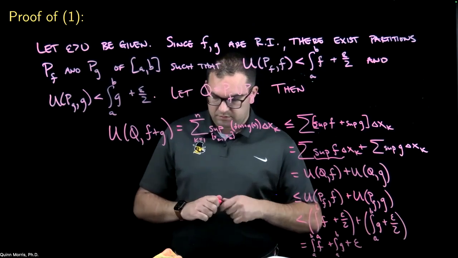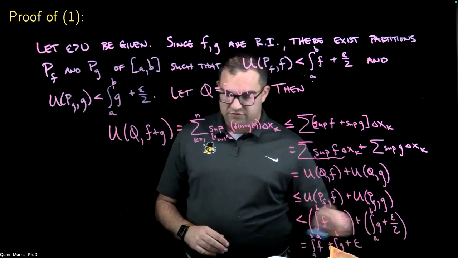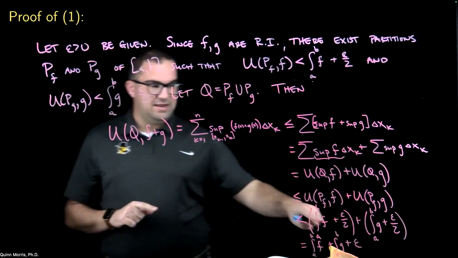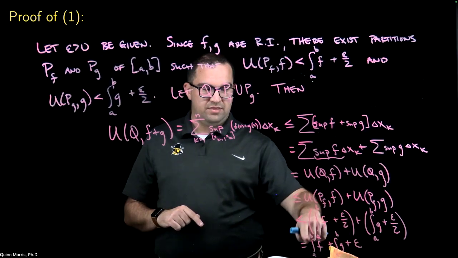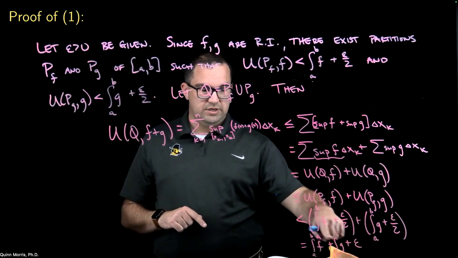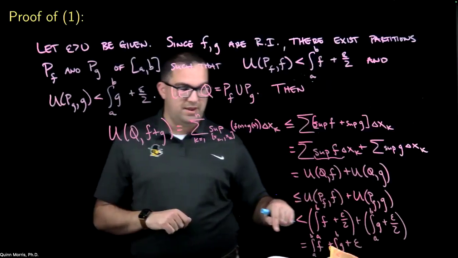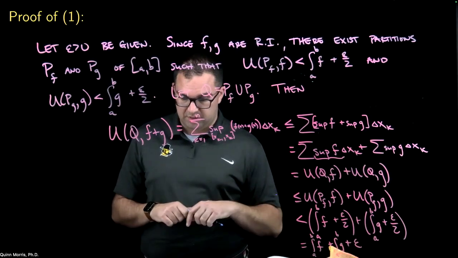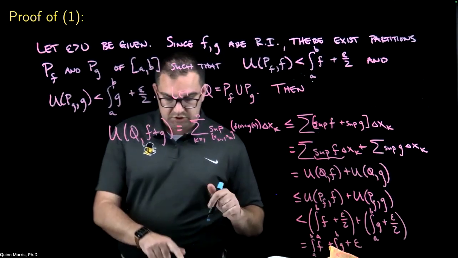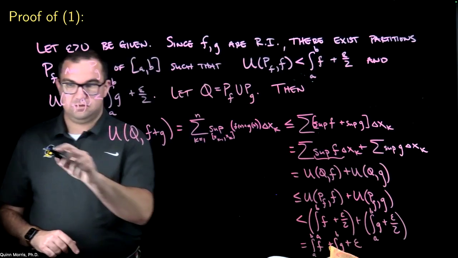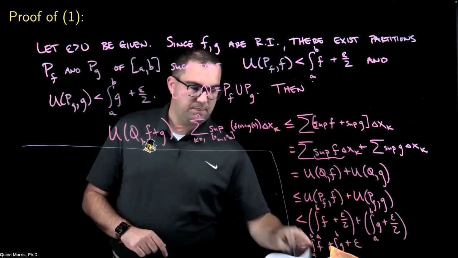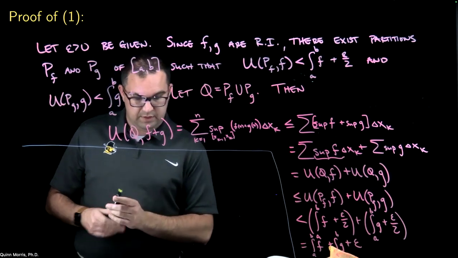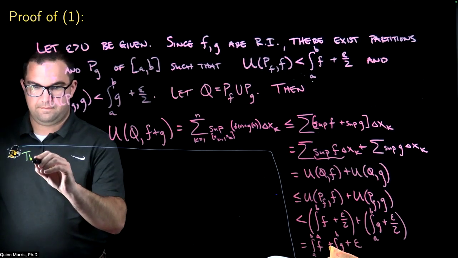So if I look at this, what I have shown is that there is a partition Q that is within epsilon of this value, which is the integral from a to b of f plus the integral from a to b of g for every epsilon, right? This worked for an arbitrary epsilon, okay? So what I have is, finish over here. So therefore,